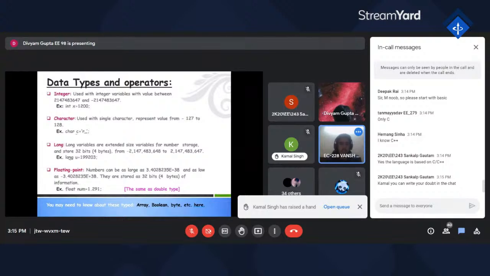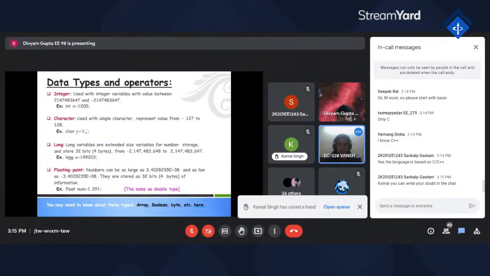Moving on to the character, characters are what we use in normal C++. You may have seen that ABCD relate to ASCII codes, and they represent values from -127 to 128. Long type I just discussed. Floating type: in integers we can't take decimal values.